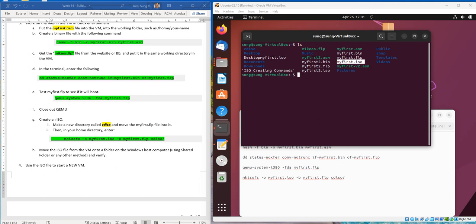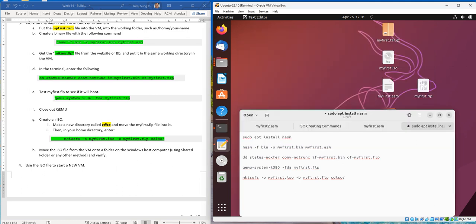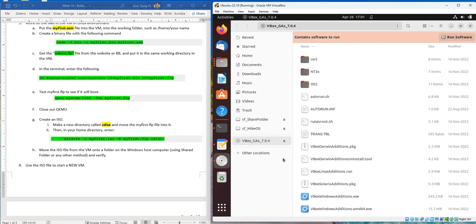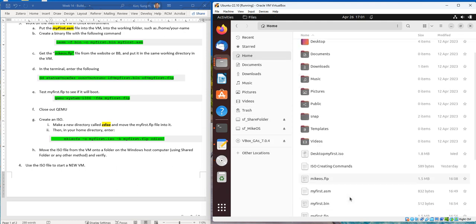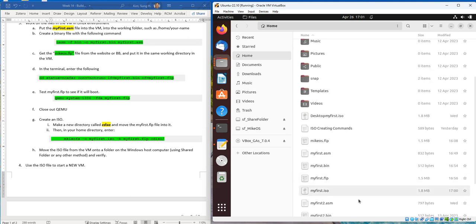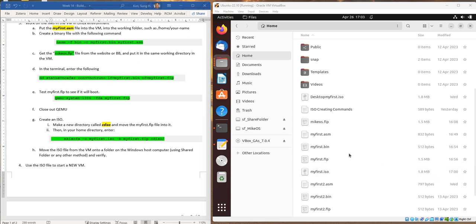So let's move this guy out. Looking at here, in the home folder, I should be able to see my first ISO. Okay. You can see that my ISO was created today at 5 o'clock. This is 24-hour time. You can also see